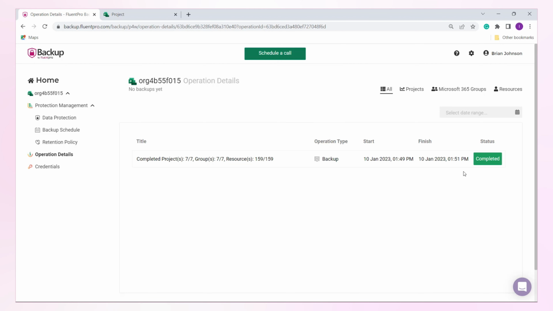Within just a few minutes, all your critical project data will be fully protected, and you can restore your data